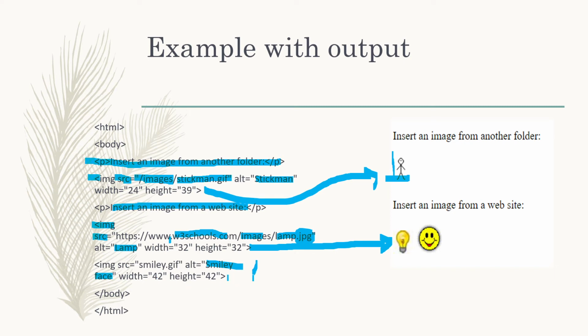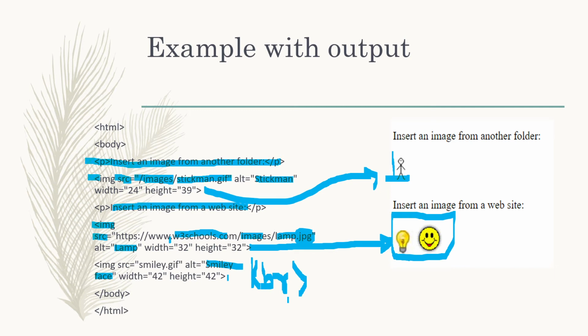You can see over here I have not used the br tag. That is why both the images, lamp and smiley, are in the same line. That is why the image tag is known as an inline image. So these both are inline images. I haven't used any br tag between them. But if I use a br tag after completing the code of the second image tag, then it will be shown in a new line. Just to show you how inline works, I haven't given a br tag over here.